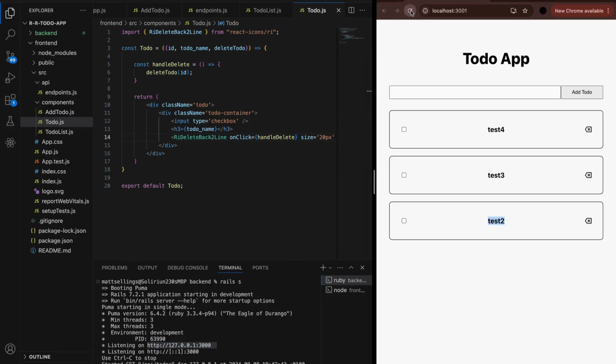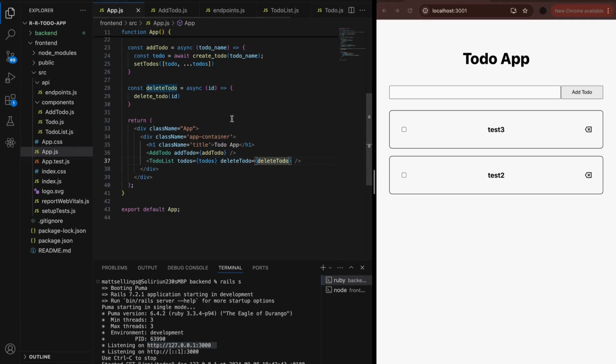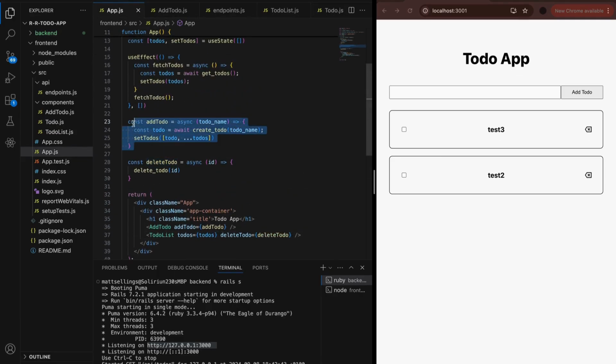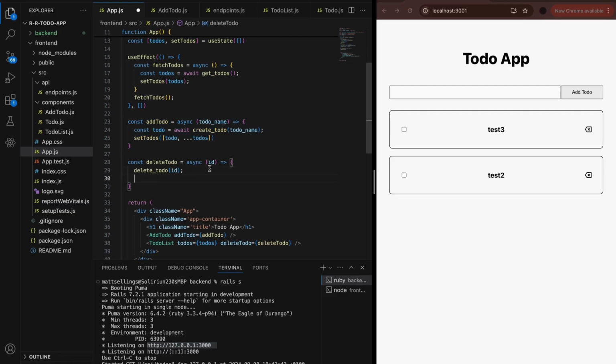So we run that and it deletes, but that's only on refresh. So we have to go back to app.js, and it's the same thing as we did in add to do here. We need to handle the client side. So this time, instead of adding it to an array, we're taking it out. And to do that, we can set todos to